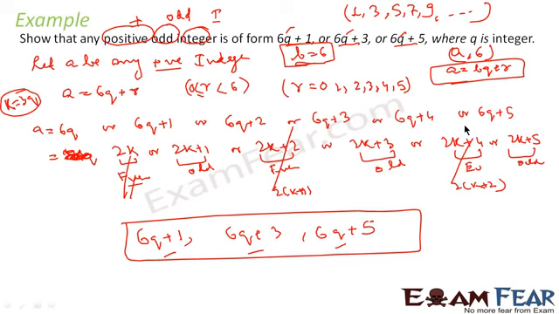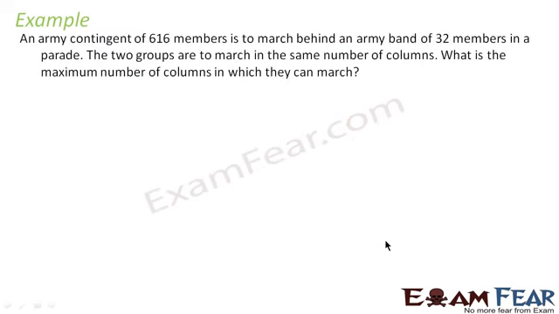And then we found that this number was even, this was even, this was even, because this is nothing but 2 into q plus 2, all even numbers, 2 into some number, and these three numbers 6q plus 1, 6q plus 3, 6q plus 5 are odd. The question was asking for the odd number, so we ignored the even part and we found the odd part. Let's take one more example.